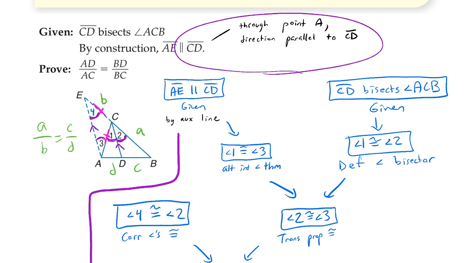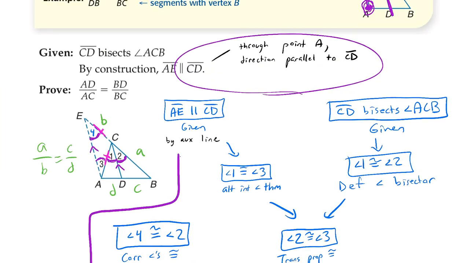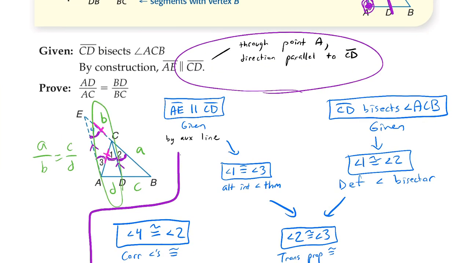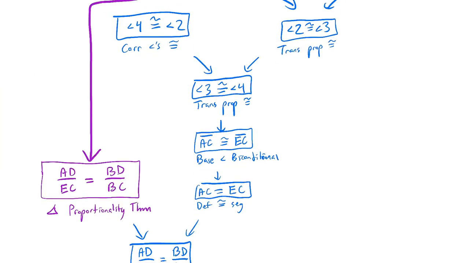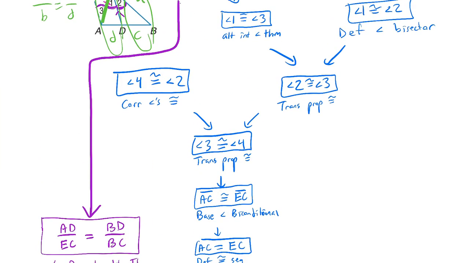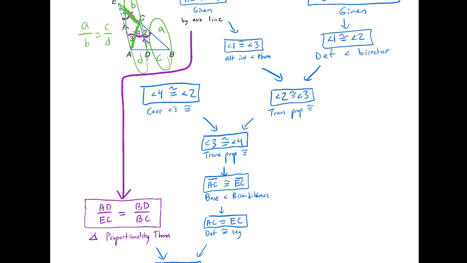Or I think we chose the order being, what, AD to EC. So we did these two are proportional to these two, right? And then you just substitute out the side EC for the side AC because they're the same. That's it. So you do all this work with getting those 4 angles are the same, just to get that